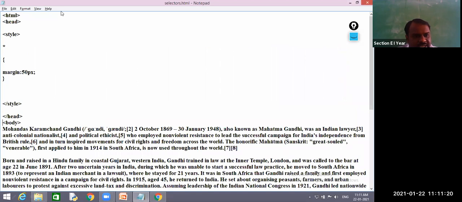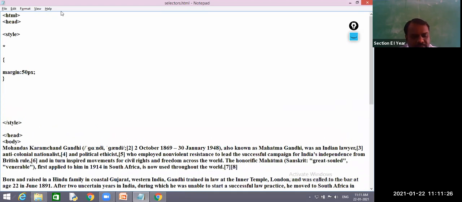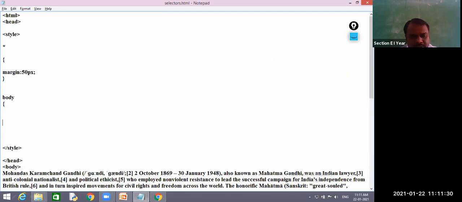For this entire body I want to give the style. So for body I will write border style, none, which does not display anything, and another one is solid.